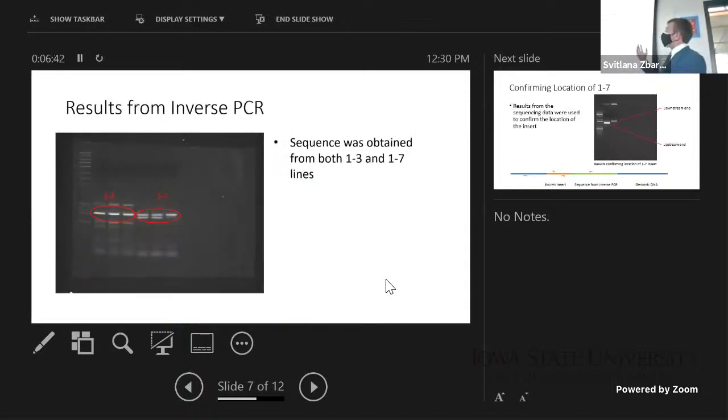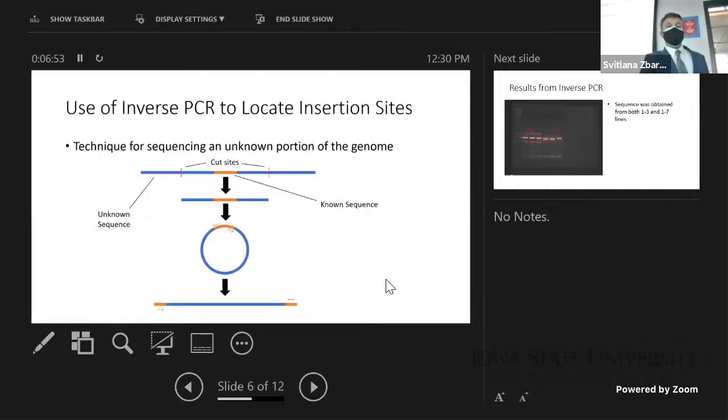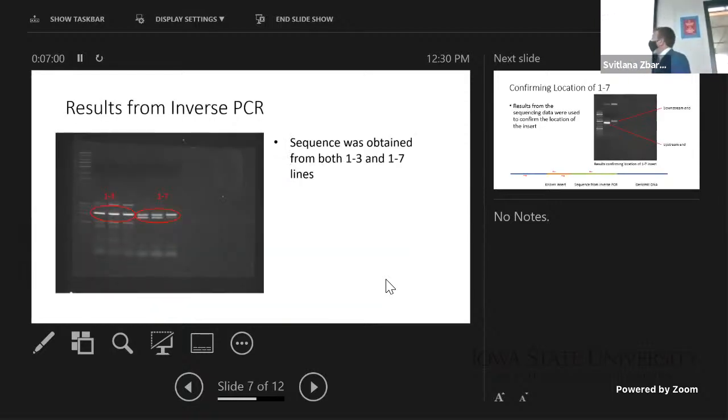So these are the results of the 2 different fly lines that we chose that had the brightest expressions. We had 1-3 and 1-7. So what you're seeing here is from a gel electrophoresis, and we're basically just visualizing that replicated band. And then using a process called gel extraction, we can remove the DNA from this gel and then send it to our sequencing facility here at Iowa State,